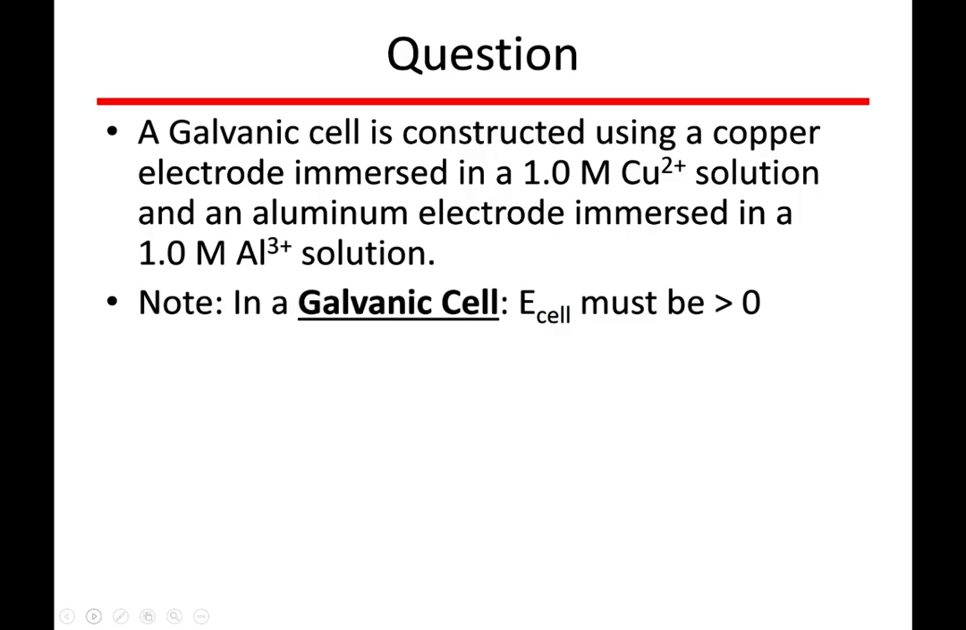We're told that we have a galvanic cell that's constructed using a copper electrode immersed in a 1 molar Cu2+ solution, and we have an aluminum electrode that's immersed in a 1 molar Al3+ solution. Now, this term galvanic cell is really important because when you see the term galvanic cell, that tells you that the cell potential that you have must be positive. And that's going to be beneficial for us to keep in our minds as we solve the 4 parts to